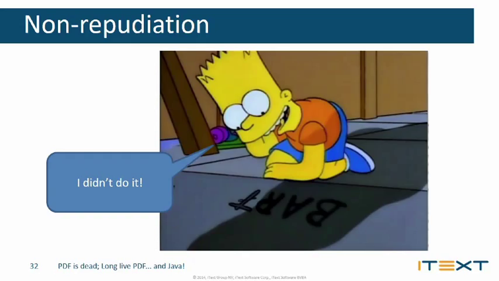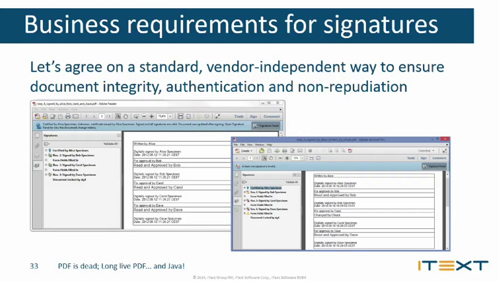If we have a document, and for instance a contract wherein somebody promises something, we want to achieve non-repudiation. We want to make sure that the person who gave us the document, who signed the document, can't say, hey, I never saw this document, that's not my document. So that's a third point that we want to achieve. Now, how can we achieve this?